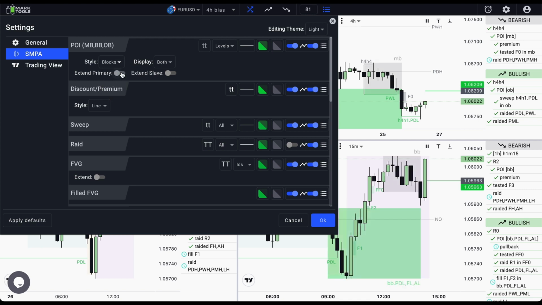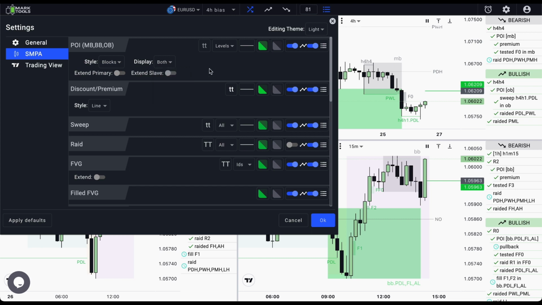The block style displays the formation as the area where one edge is the break of structure line and the opposite edge is the local extremum inside this area. Inside that area, you usually want to see the price reaction on its pullback. The next field is display. It says what type of formations to show. The most recent formation is called primary. The old formation is called slave. The primary formation defines prioritized bias on the current time frame, and thus it is shown first in the information box.